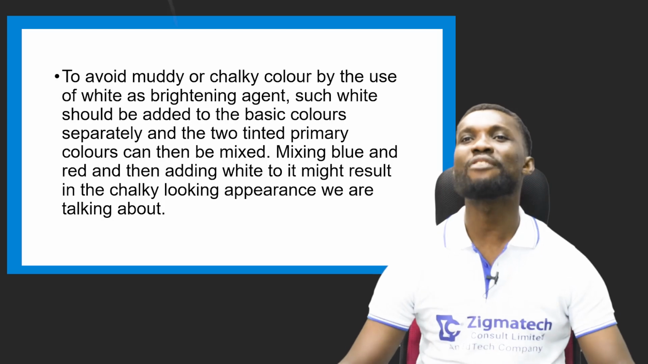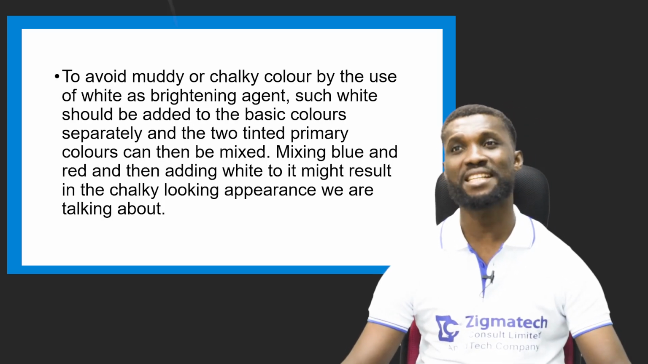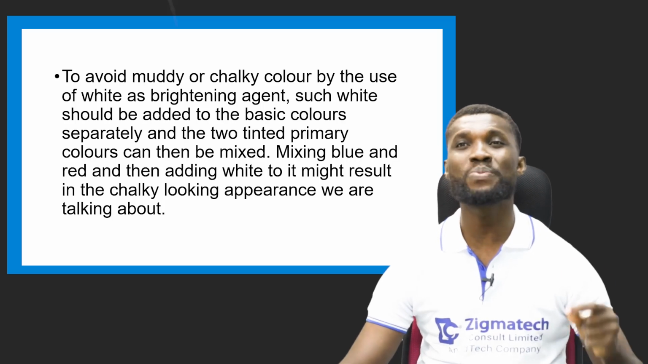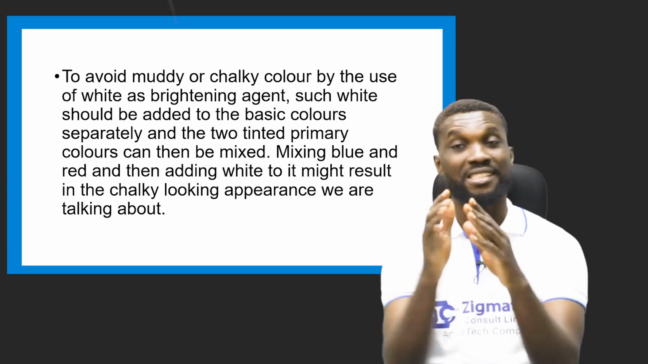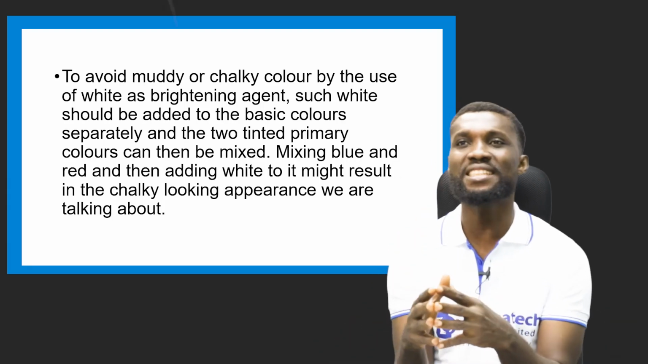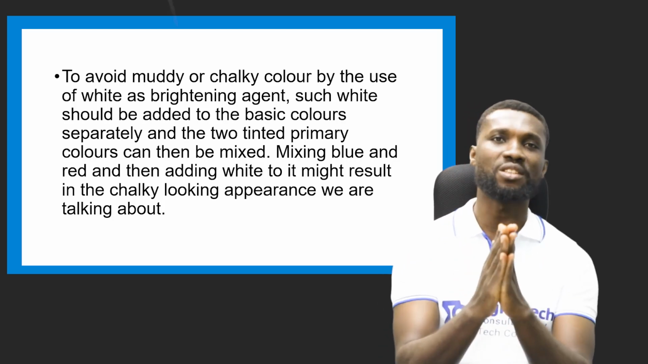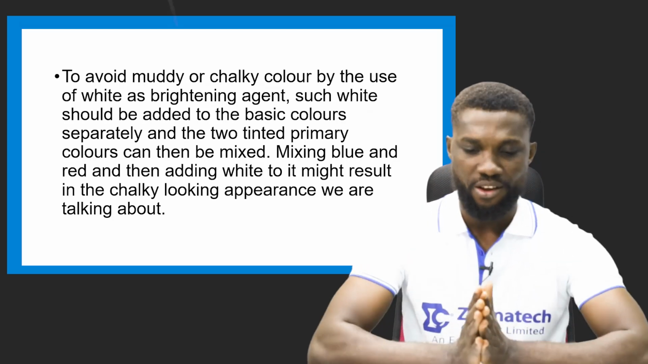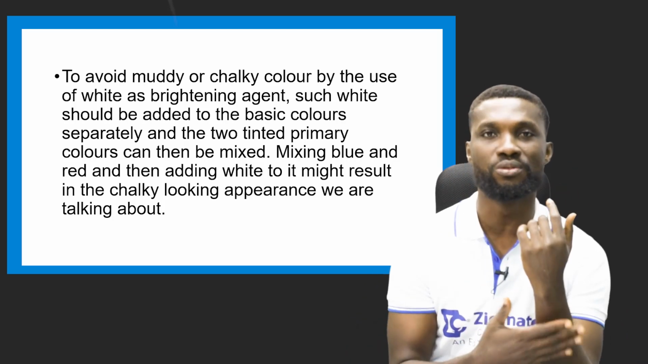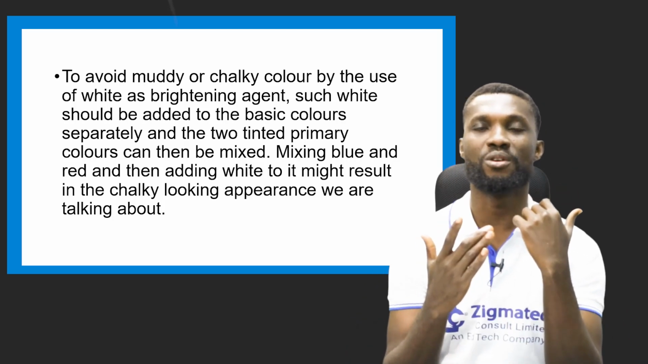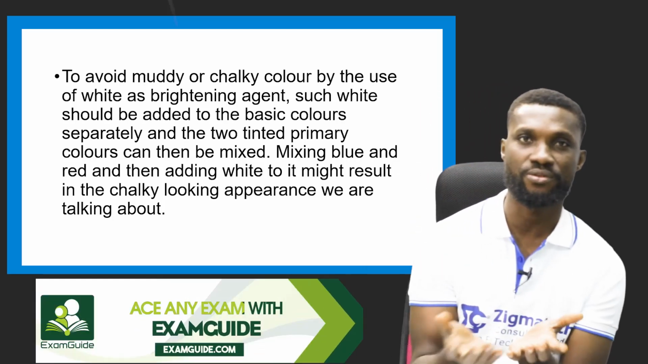Now, to avoid muddy or chalky color by the use of white as the brightening agent, such white should be added to the basic colors separately, and then the two tinted primary colors can be mixed together. What am I trying to say here? For example, if I want to mix a light tone of orange,